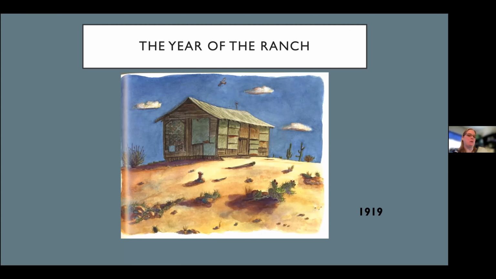But the book basically starts with this family coming in 1919 to a homestead. If you remember that, usually they would work it out where if you lived on the homestead and you made it workable, after about 3 or 4 years, it would be yours free of charge. That land would become yours. And so the story takes you with this family that comes out to this homestead. It is basically just pieces of wood taped together.